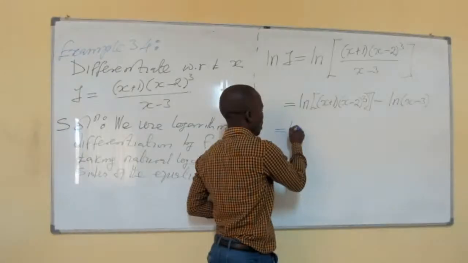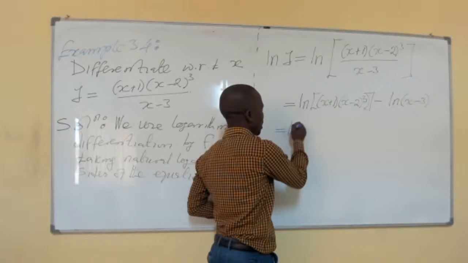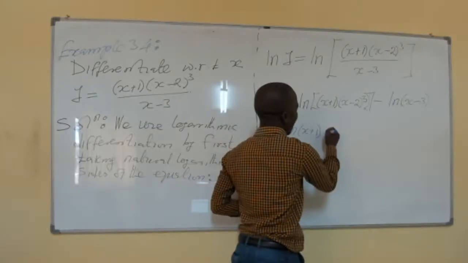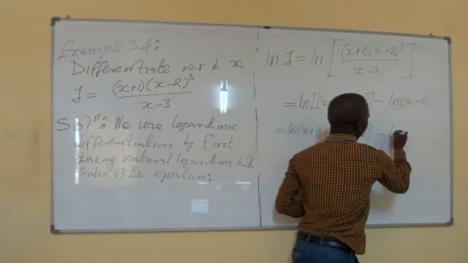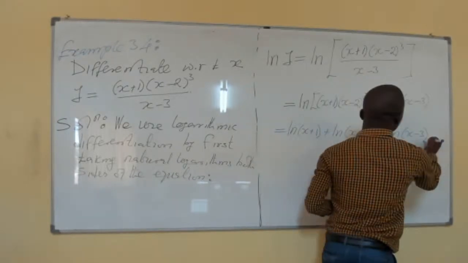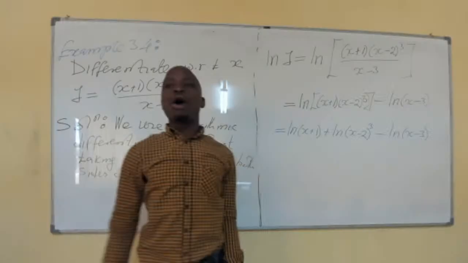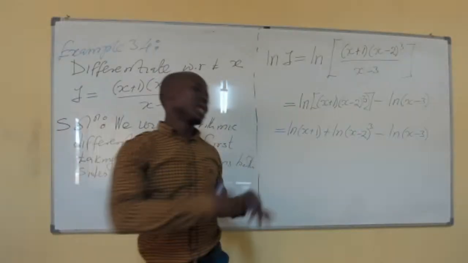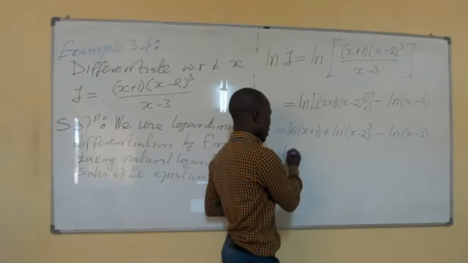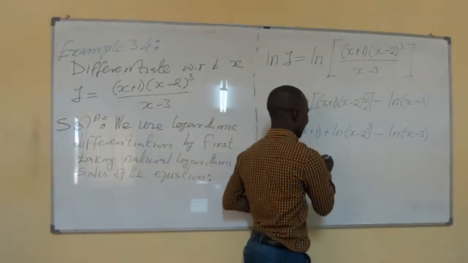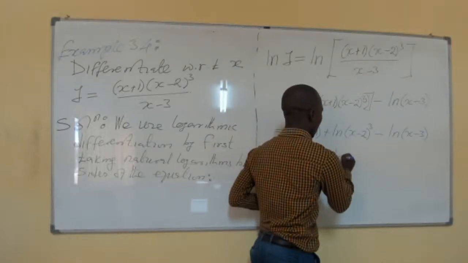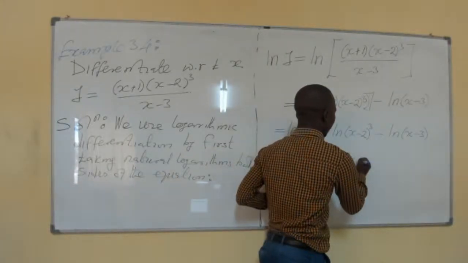This is equal to ln of x plus 1 plus ln of (x minus 2) to the power 3, then minus ln of x minus 3. Now, here you apply the power rule. So this is the same as ln of x plus 1 plus 3 times ln of x minus 2